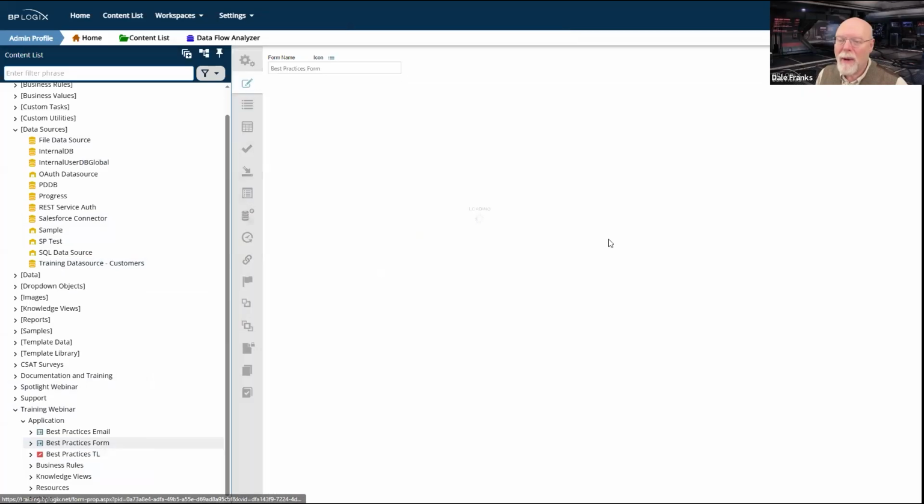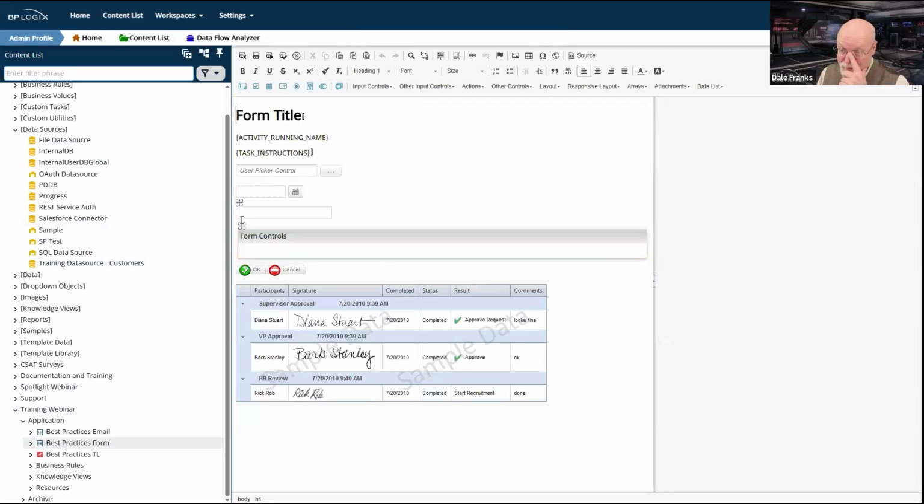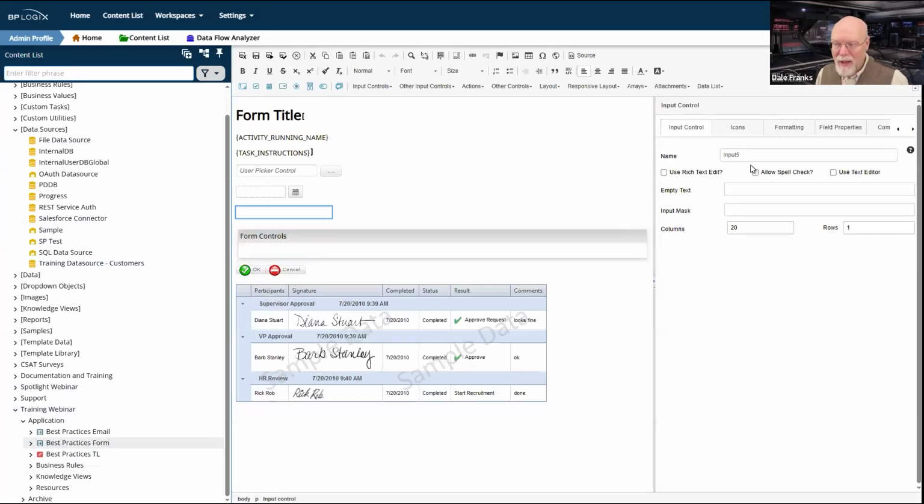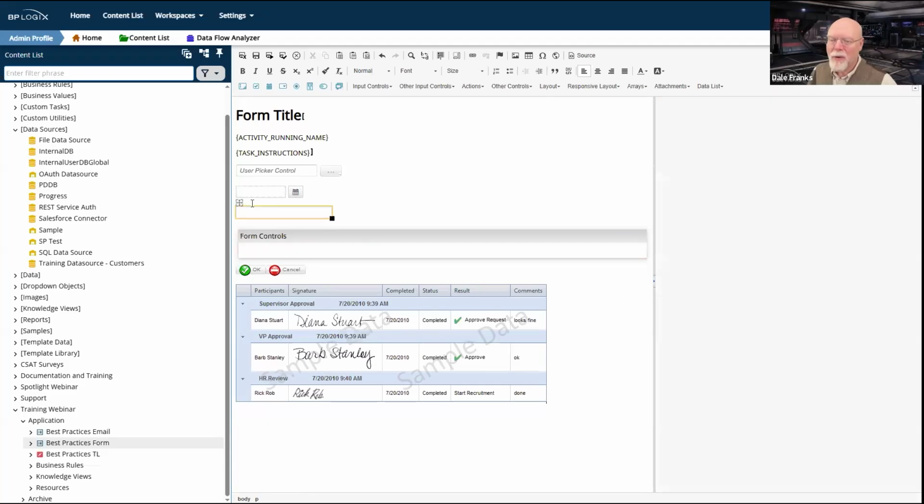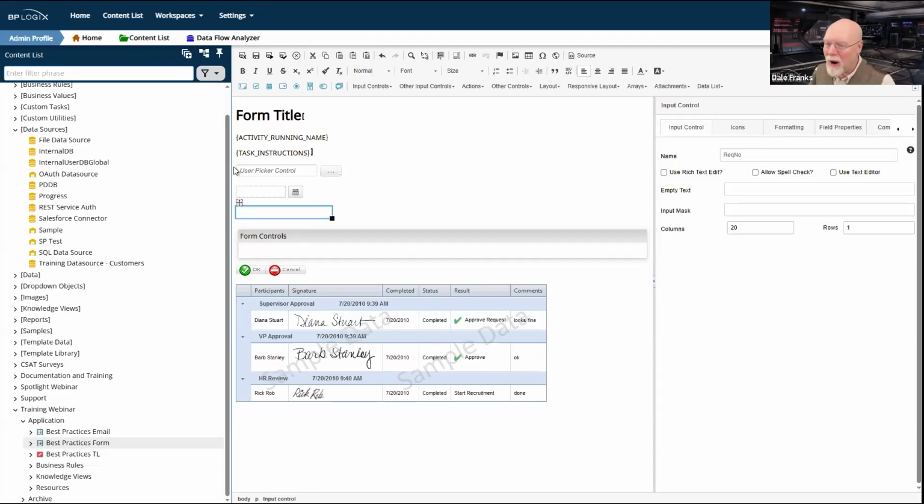And we'll have to go back into the design view of the form, and we'll have to click on that right there. And I did not rename it from input 5. And I called it REQNO on my main form. So I need to name it that here. So we have RECNO. So now I have the proper field names.